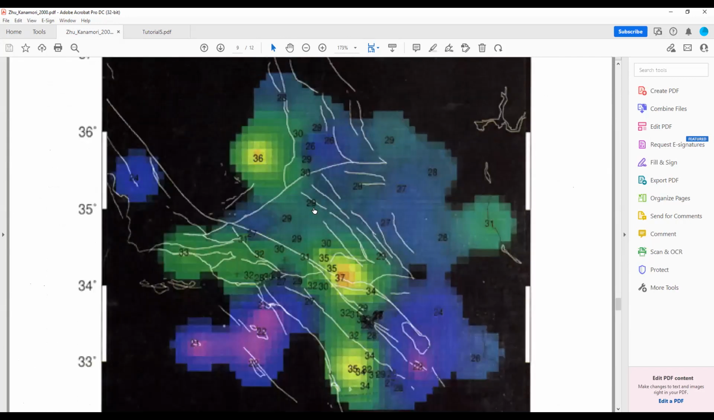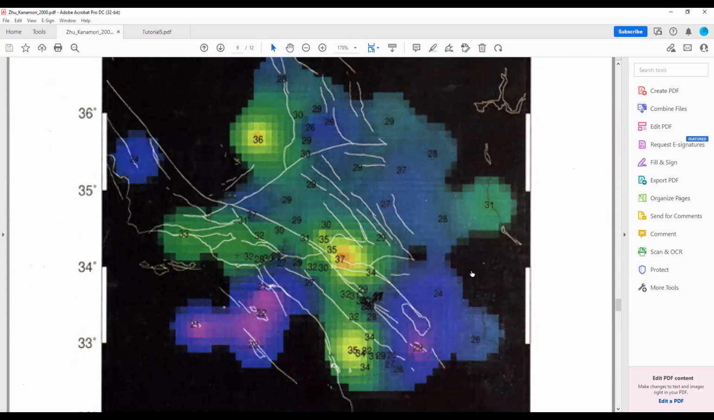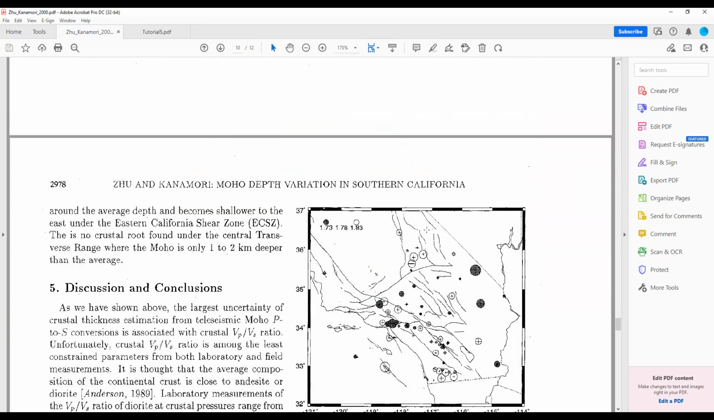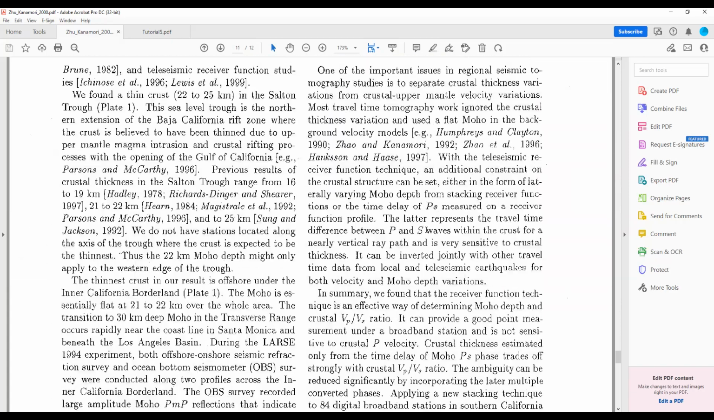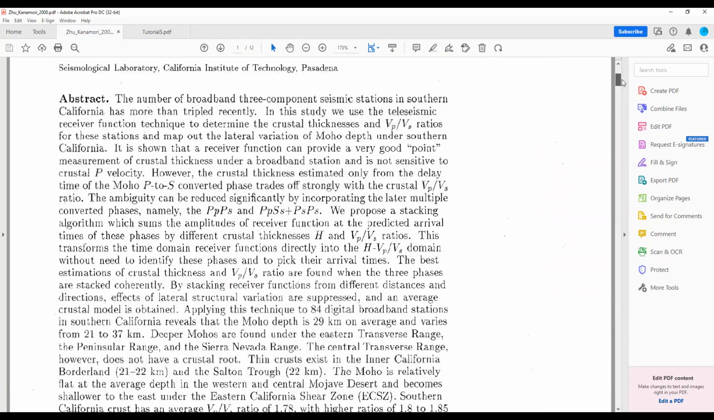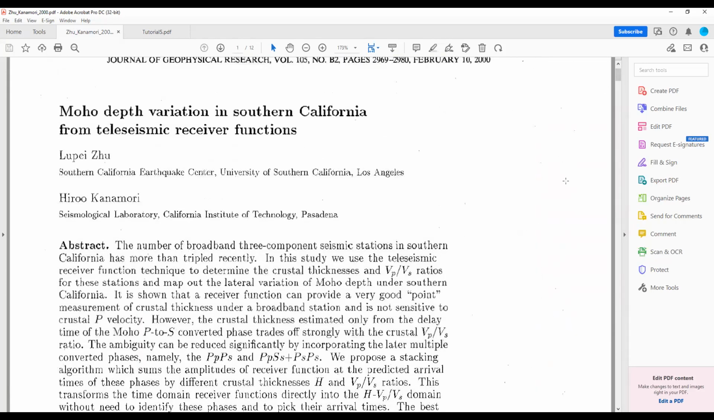So then they have plotted their results on the map of Southern California, and then they are showing the variations of the Moho thickness. You can see this is the color-coded map of Moho depth variations of Southern California that they have produced using the H-kappa technique. So this is the paper that was published in 2000,